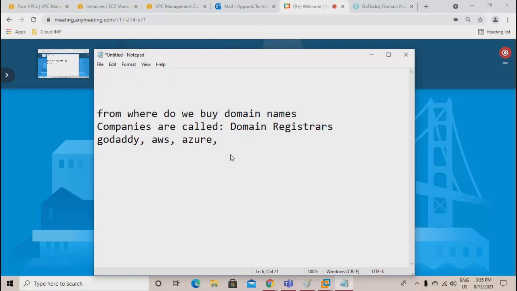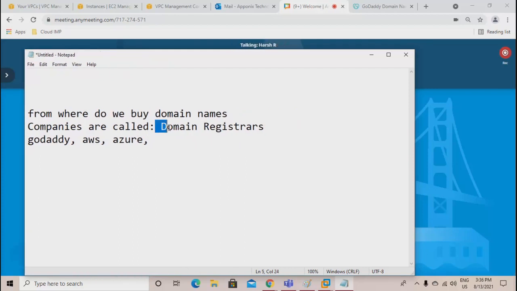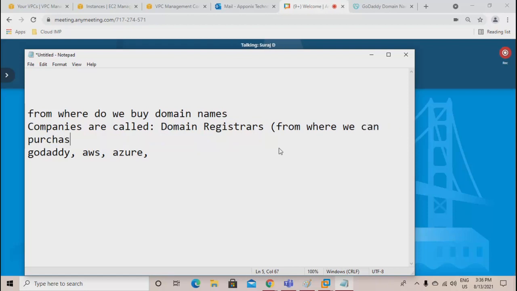From here also you can purchase a domain. They are all called as domain registrars, from where we can purchase domains.